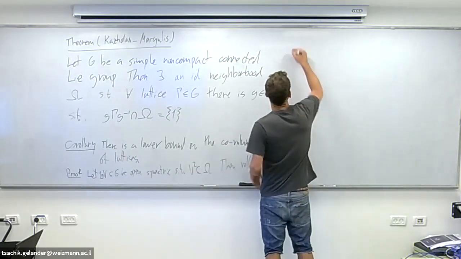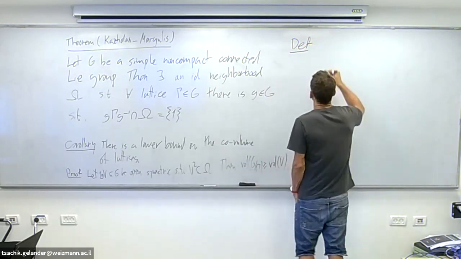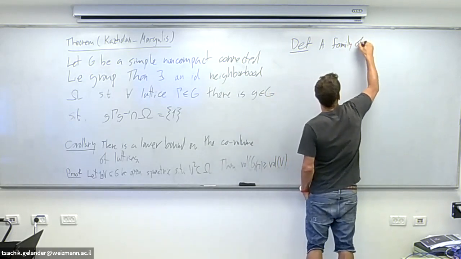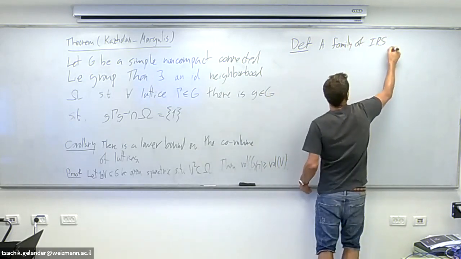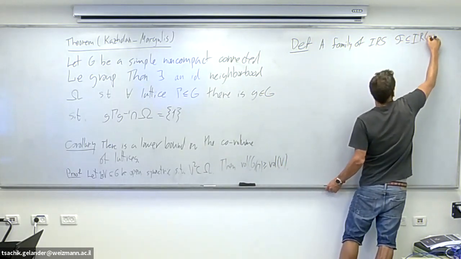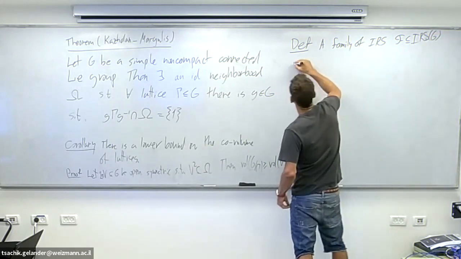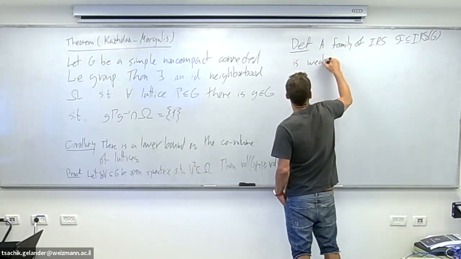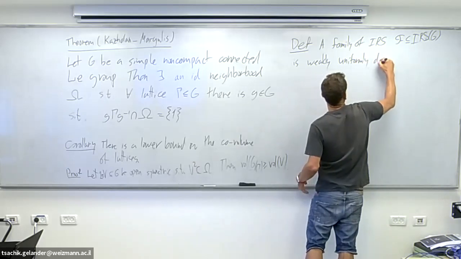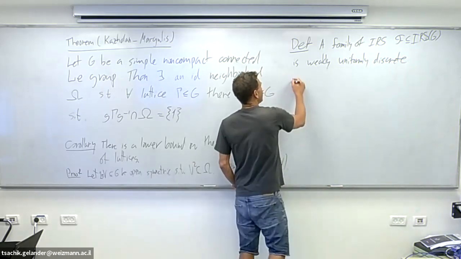The definition: a family of IRSs, F, which is a subset of the space of IRS, a set of measures, is called weakly uniformly discrete